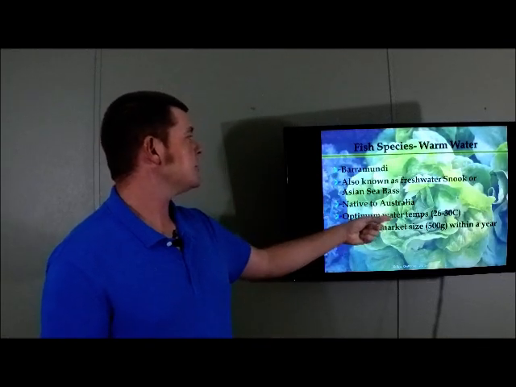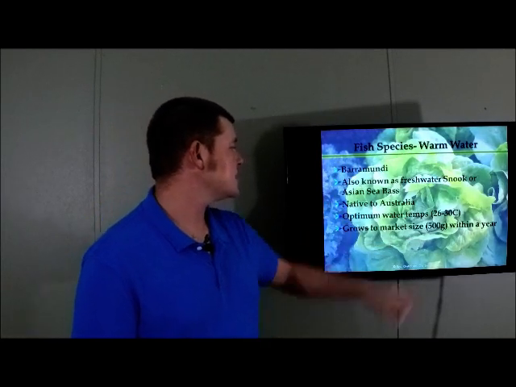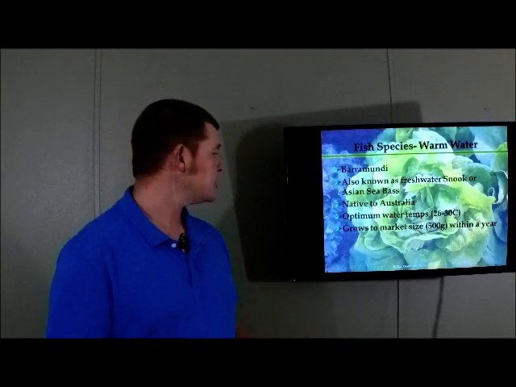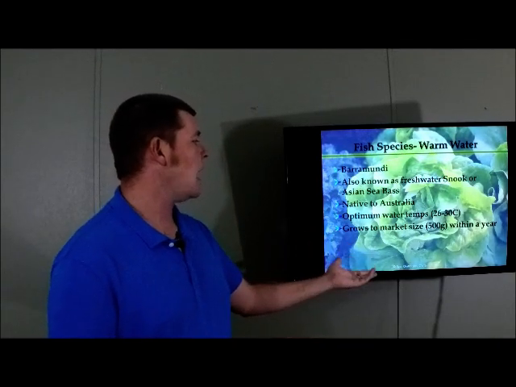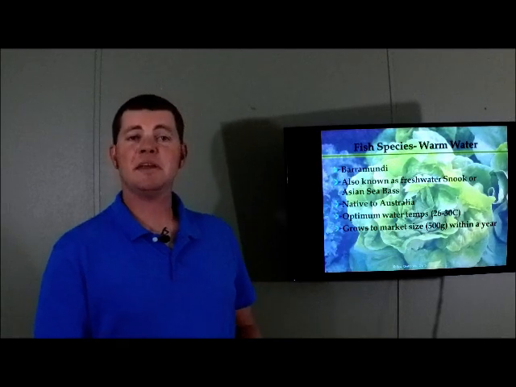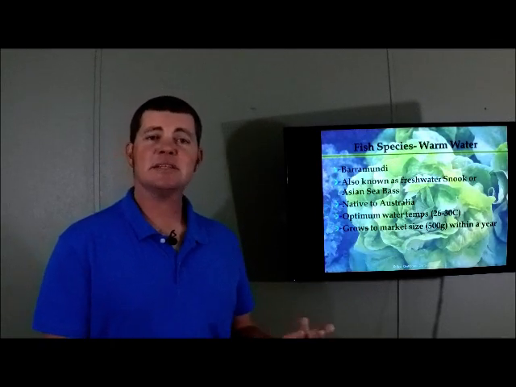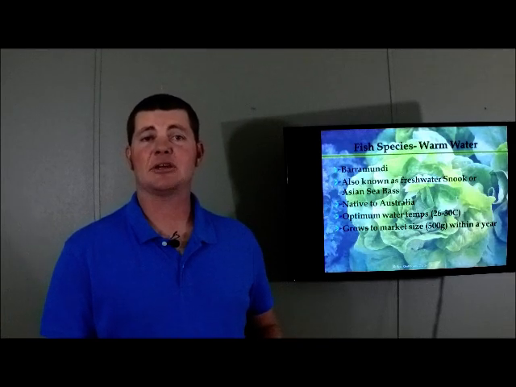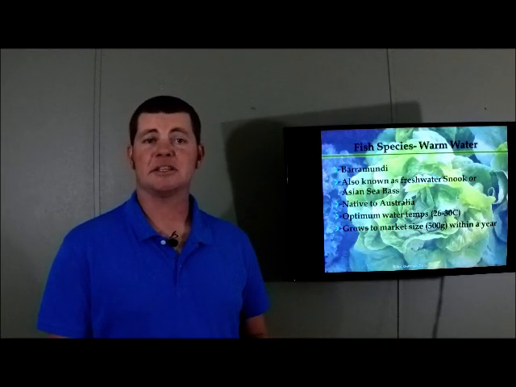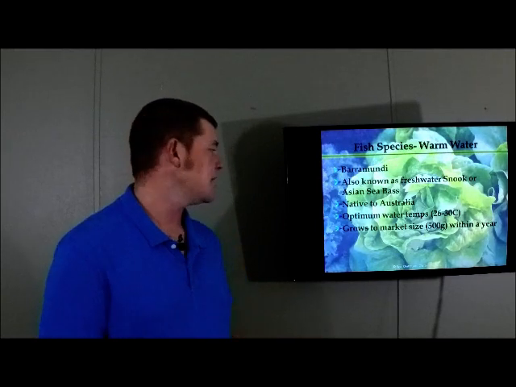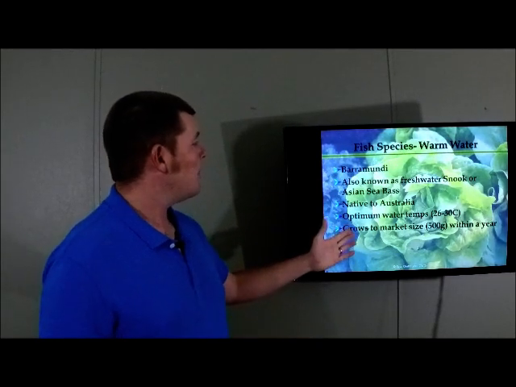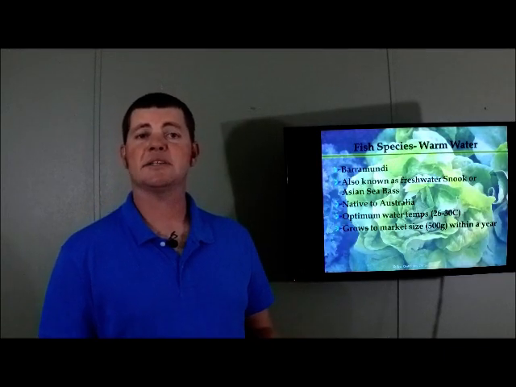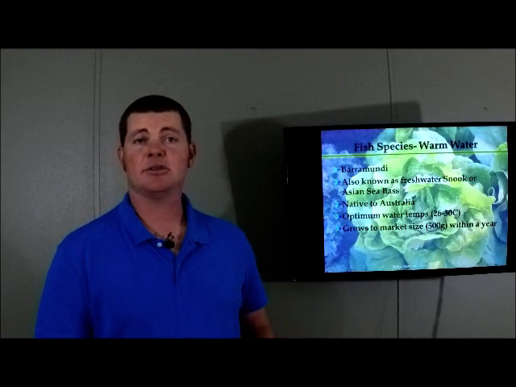Optimum water temperatures for the barramundi are going to be 26 to 30 degrees Celsius. So that's a warm water fish. And it grows to market size, about 500 grams, within a year. Now, we raise these in freshwater. To breed these is a little more difficult. There's some salt water involved in that, and I'm not going to cover that process. But these have just recently become more available in the USA to stock and to purchase and to